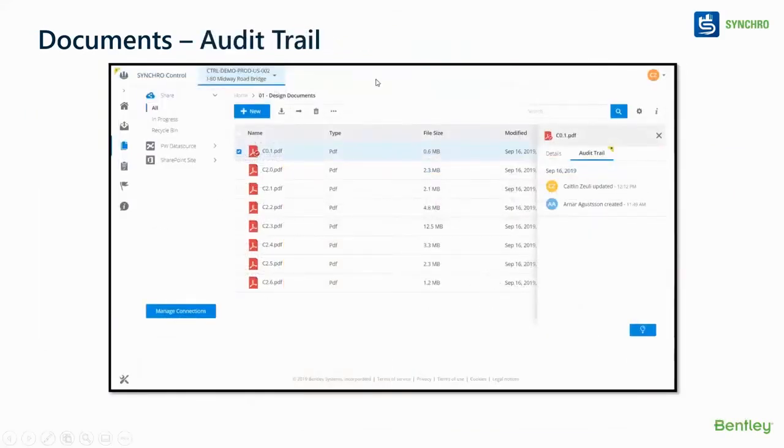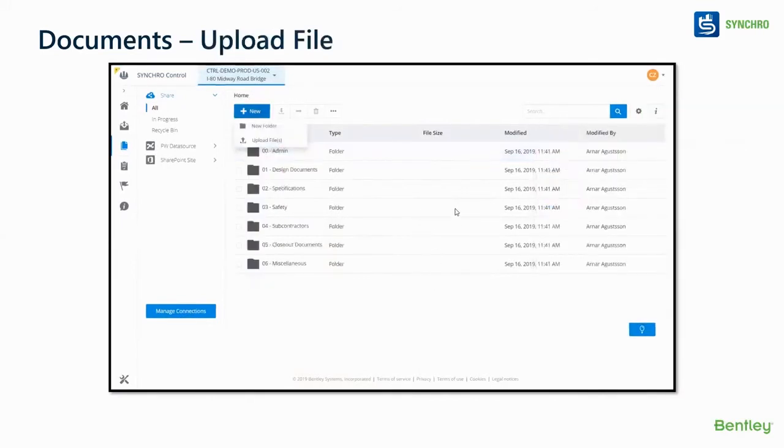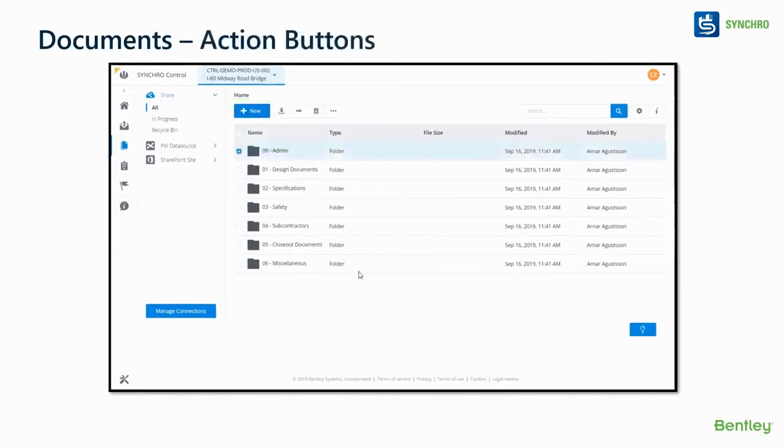You could do an audit trail also. So whenever you are doing something, you can create that audit trail information of who has done that. Who has changed what, and at what time, that information will be visible at your fingertips. Also, you could add your new file, you can add folders, you could just upload, drag and drop, or you can find, search and upload it.